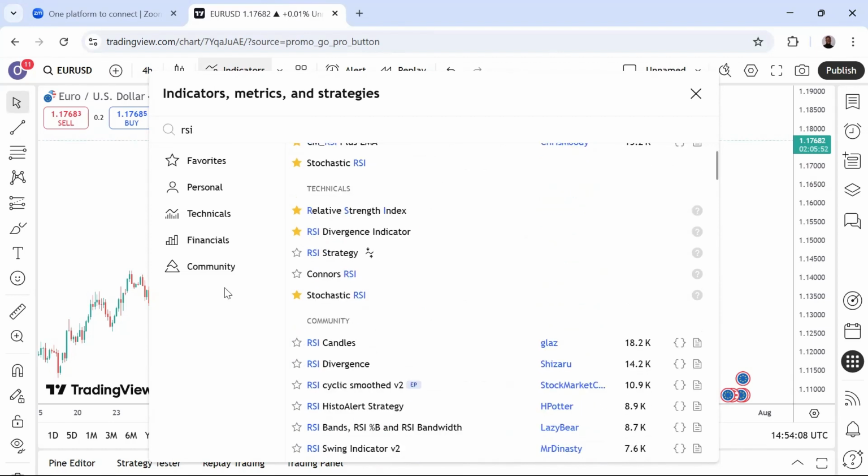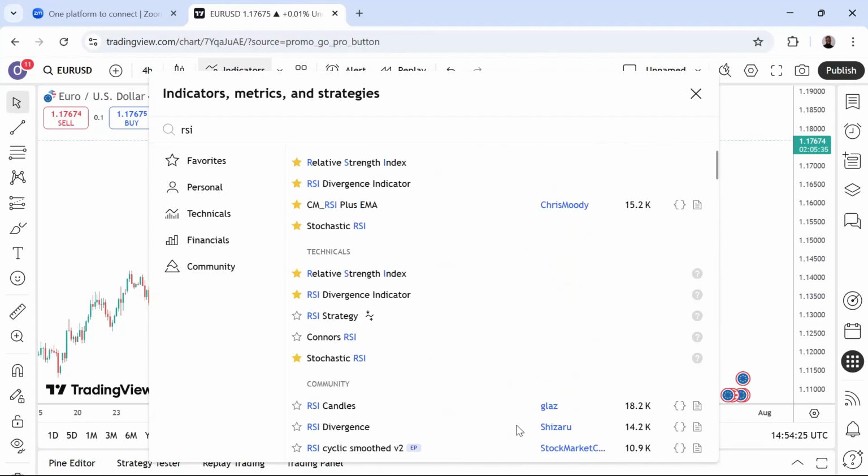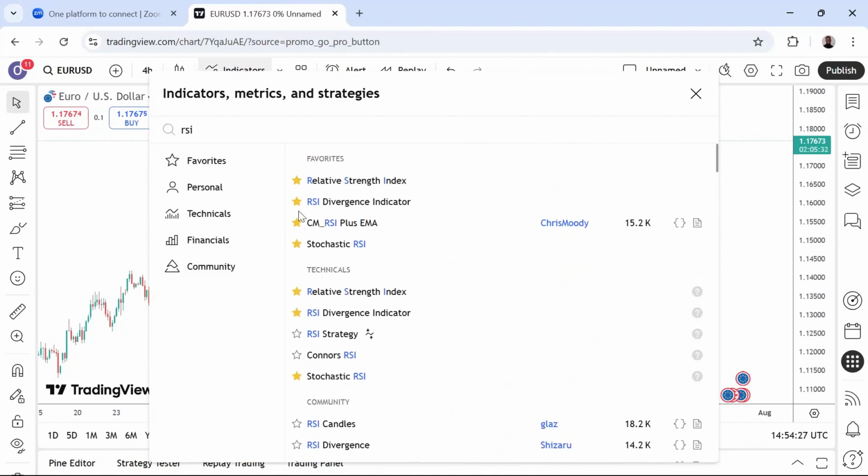These ones in the community are made by traders like you and I who are trying to make it famous. They've done some changes. Maybe it's good, maybe it's not. I don't bother to check. There are so many, so which one do you start from? What I usually use is from favorites.